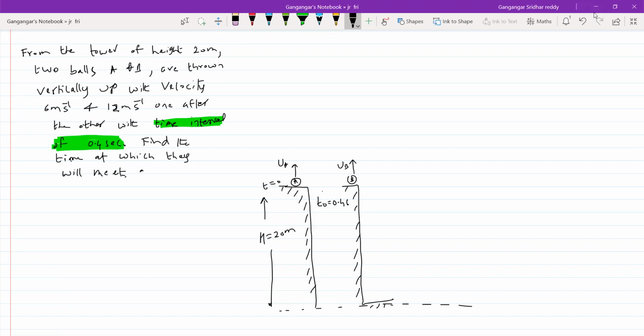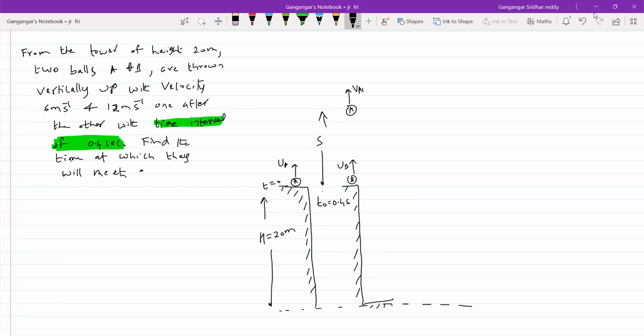Now when B is about to be projected, what is the state of A, where will A be? A will be somewhere here, no? I think your problem is solved if you can think this much. And it will have some velocity, say VA1. Now I think we have to continue the problem from the second diagram. Earlier, in the same similar problem, this separation between them was needed, so we need this particular distance, which you have to calculate.